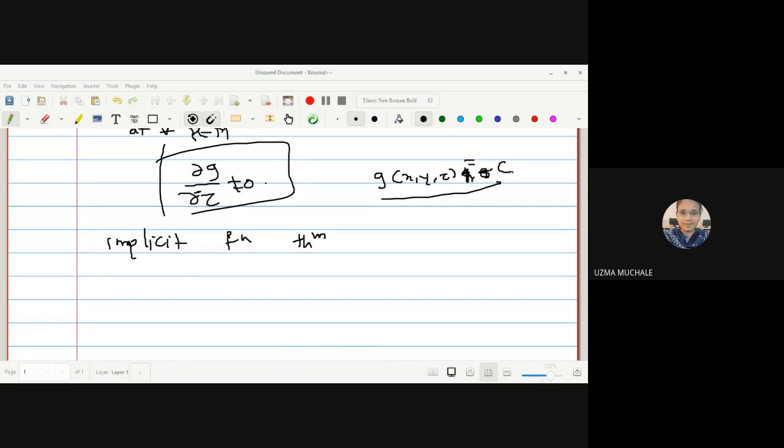What is the geometric interpretation of a 2 cross 2 matrix? A matrix itself does not have a geometric interpretation, but what do you mean by having a 2 cross 2 determinant? What is the geometric interpretation of a 2 cross 2 determinant? Yes, has anyone heard about this? What is the geometric interpretation of a 2 cross 2 determinant? Or does it not have any geometric interpretation?